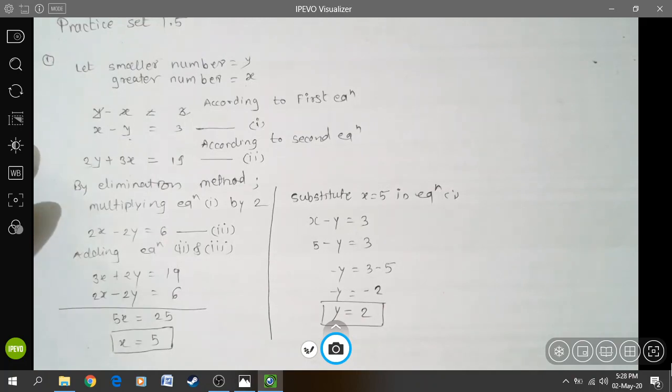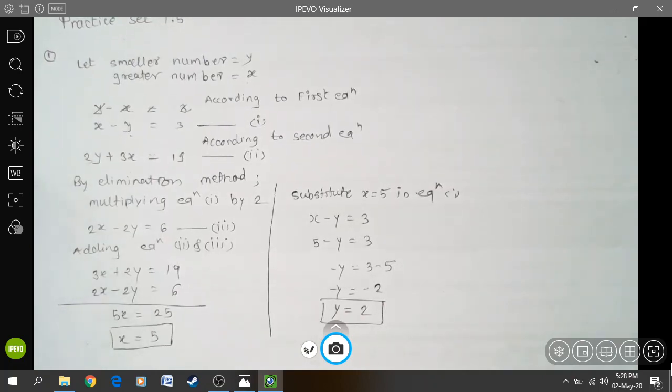So we got our numbers. We can cross check them whether they are correct or not. What was the first condition? The condition was they differ by 3. 5 minus 2 is equal to 3. This is right. The second condition was